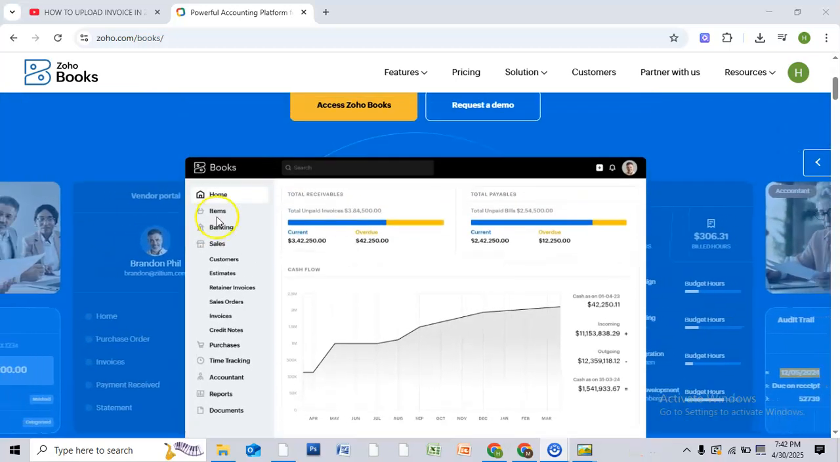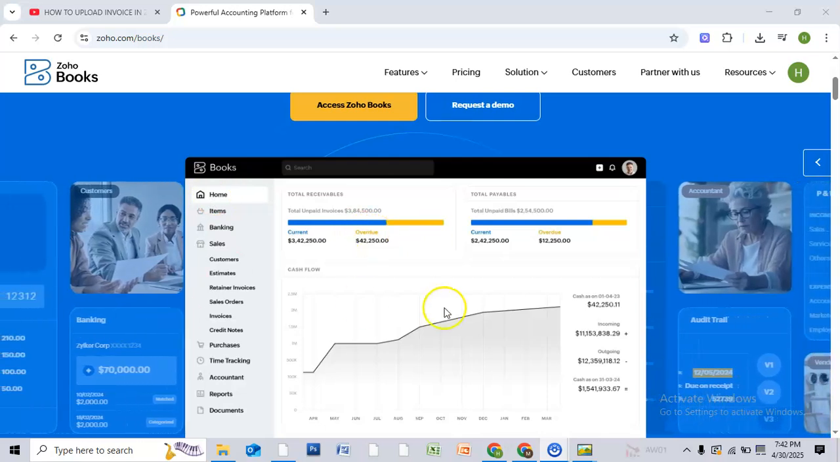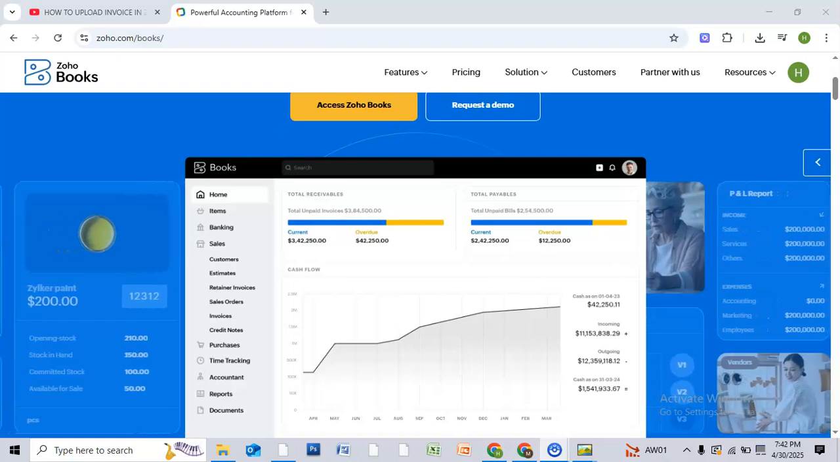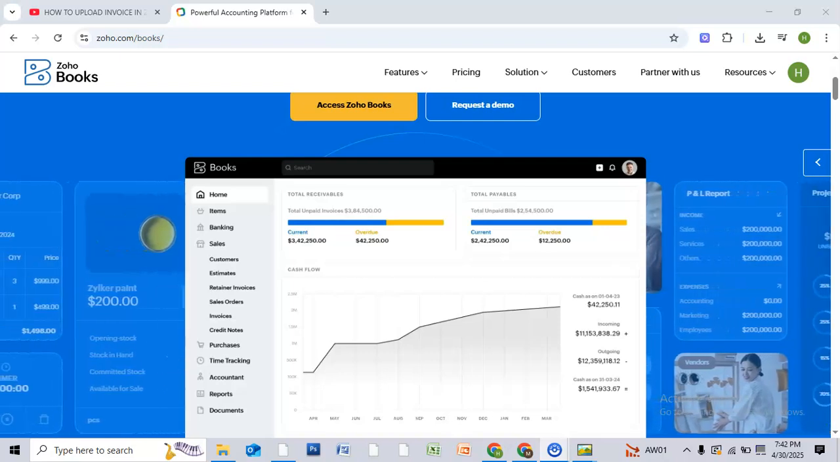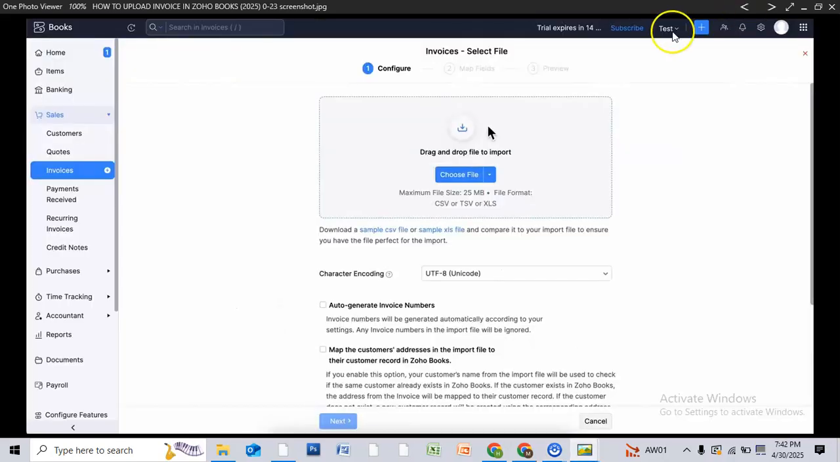So how can you import or upload an invoice in Zoho? It's a very easy thing to do. For this, first open Zoho and log into your account. Then, from the home page, first go to Sales, then from Sales select Invoices,